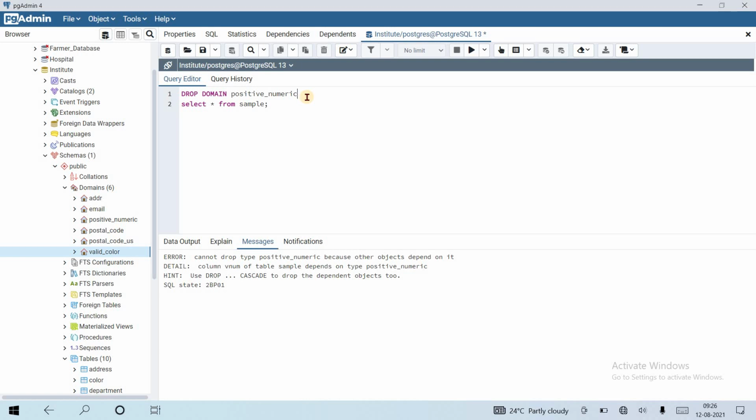If I use the cascade keyword, it will delete the dependent object, which means it will delete the column vnum from the sample table, so we should not use this cascade in a production environment.